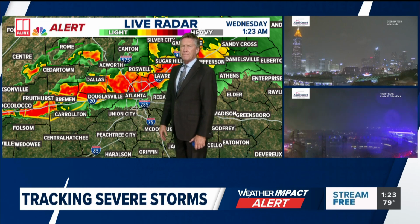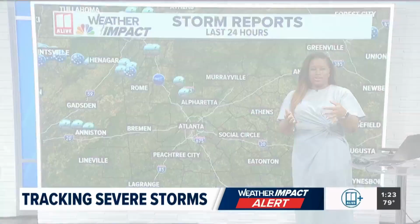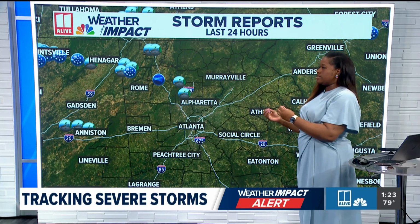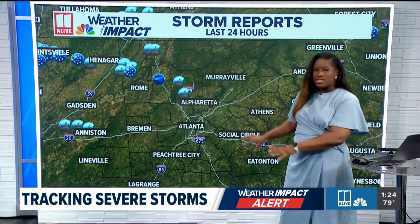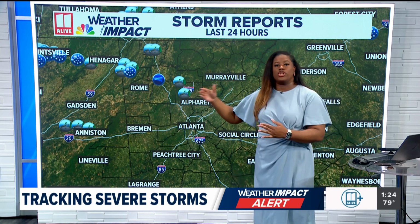Kind of wanted to go through some of the storm reports. We do have a few pictures that we can definitely show on air now of the wind damage and the trees that are down currently. This is a look at our storm reports so far. What's going to happen is we're going to get some more of these in right now. Once the heaviest of the rain, the strongest of that storm passes through, the emergency managers can go out and